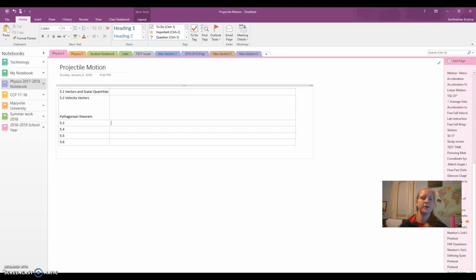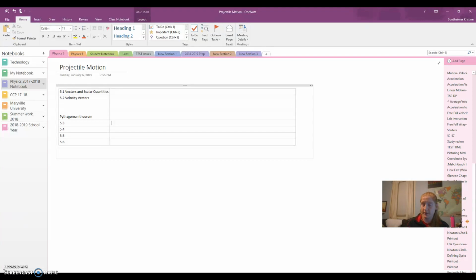Hi, we're talking about notes for projectile motion for Ms. Sonheimer's physics class, Unit 5, projectile motion. First off, in your notebook, you should have a new section called projectile motion. At the front of this section, I would like you to start with notes. We're going to do notes over the entire chapter so that you are prepared and have the background knowledge, and then we'll work through each section